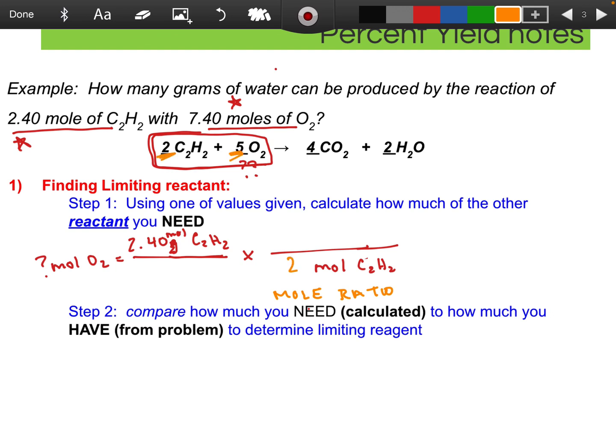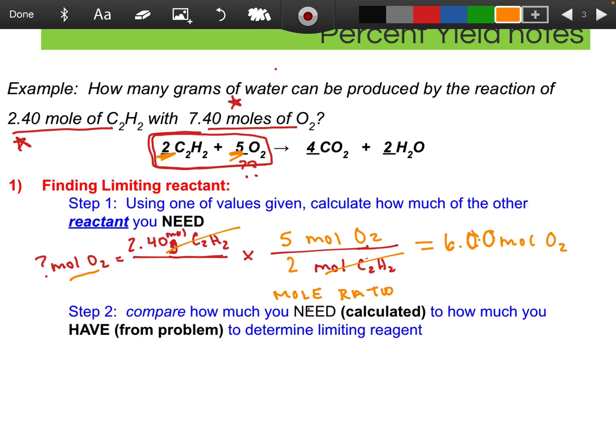So we know that there are 2 moles of C2H2 for every 5 moles of O2. Moles of C2H2 cancels out. This gets us to moles of O2, which is what we want. So then we can just multiply across and divide. So 2.4 times 5 divided by 2 would give me exactly 6.00